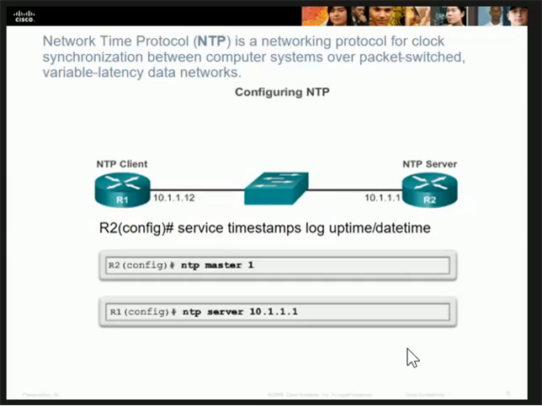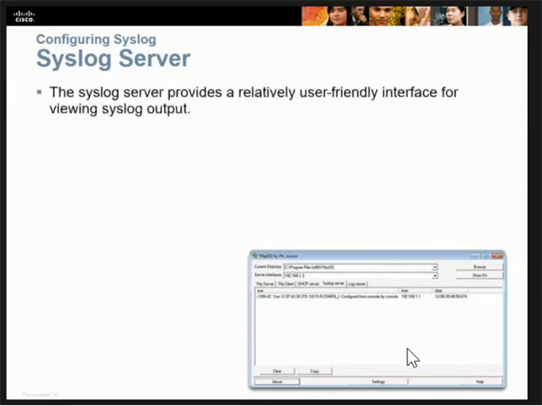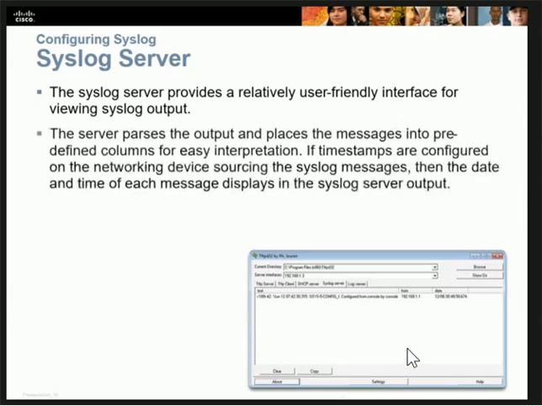So a very important aspect in a system where you would expect to log messages. If we're going to use Syslog, NTP is very important, as well as the other two protocols. They rely on NTP for information. Okay, so Syslog